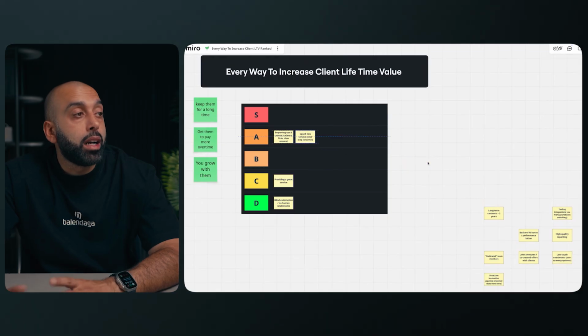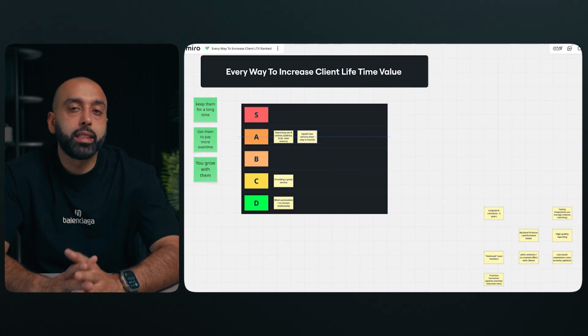All right, the next one is upselling a new service. And look, this is one of the best things you can do to increase that lifetime value, but you can do it wrong. The key thing is that it's not about over-promising some results, right? So people get greedy. You have to time it right. You can't just sign a client and it's been 2 months and all of a sudden you're trying to then say we can do this or that for you. You have to wait for the opportunity, because once you've seen the data, once you've seen the opportunity,